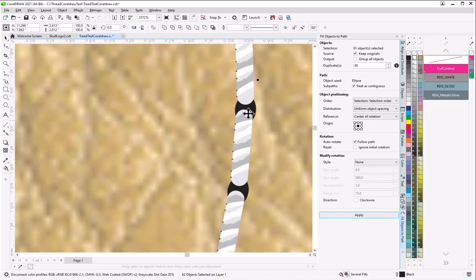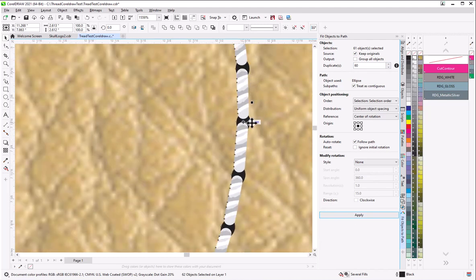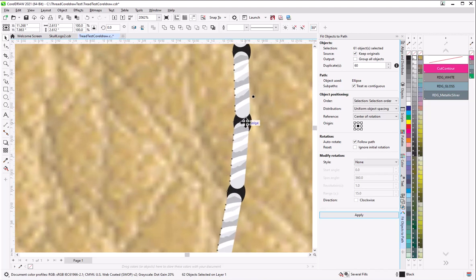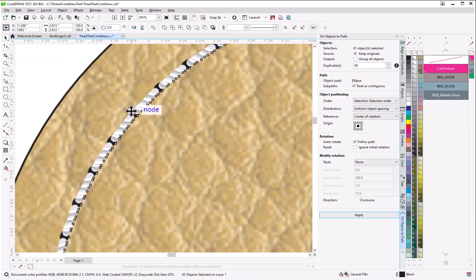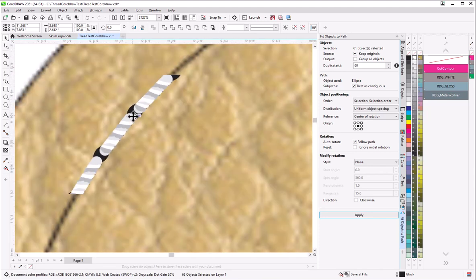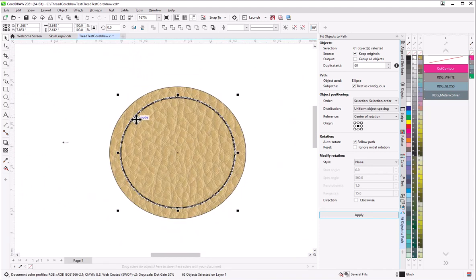And 60 looks really good. You see my thread, you see my hole that the needle made, the black part, and then the thread goes into that hole. So everything looks right there. And when you go to print that or make your sticker or whatever you're making with this, your sign,